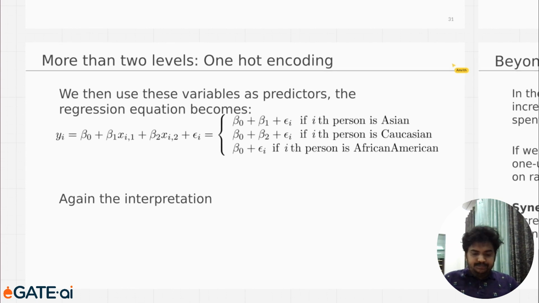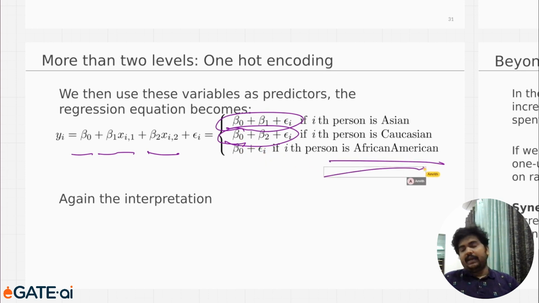So now we use these variables as predictors, and the regression equation becomes beta 0 + beta 1 xi1 + beta 2 xi2. So we have a separate coefficient for each of them. If someone is Asian, xi1 will be 1 and the others will be 0, so we are talking about beta 0 + beta 1 + epsilon i. If someone is Caucasian, then beta 1 might not be there, but we are talking about beta 0 + beta 2. Now, if the ith person is African American,